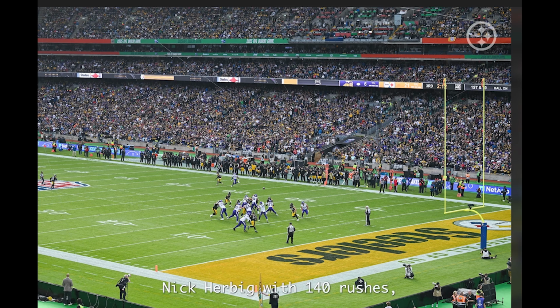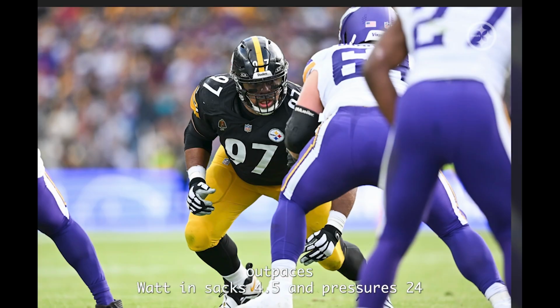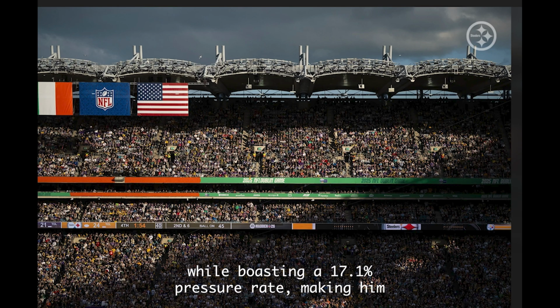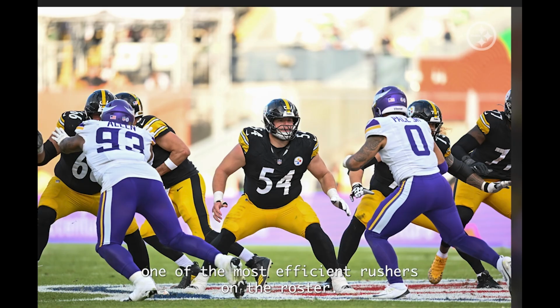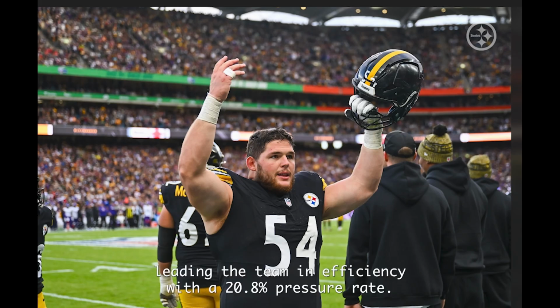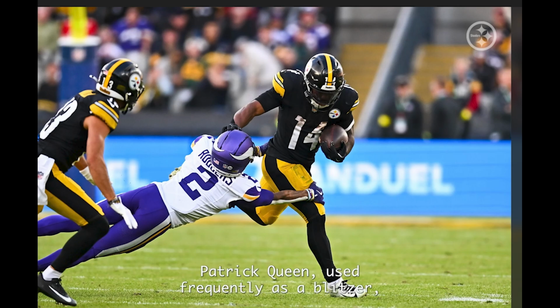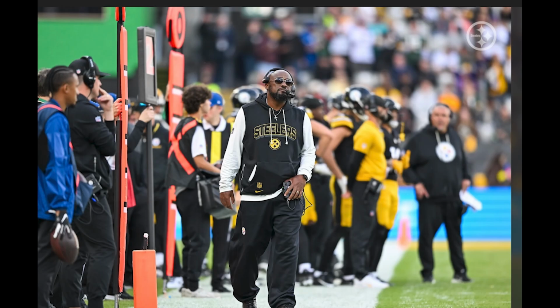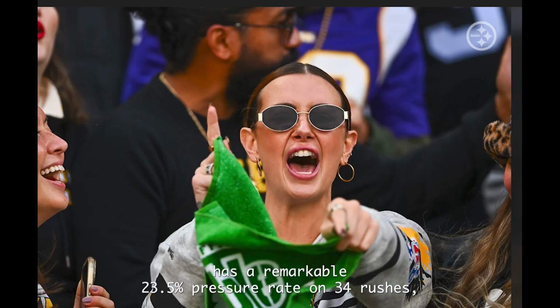Nick Herbig, with 140 rushes, outpaces Watt in sacks, 4.5, and pressures, 24, while boasting a 17.1% pressure rate, making him one of the most efficient rushers on the roster. Alex Highsmith, though limited to 53 rushes, has 1.5 sacks and 11 pressures, leading the team in efficiency with a 20.8% pressure rate. Patrick Queen, used frequently as a blitzer, has a remarkable 23.5% pressure rate on 34 rushes, while